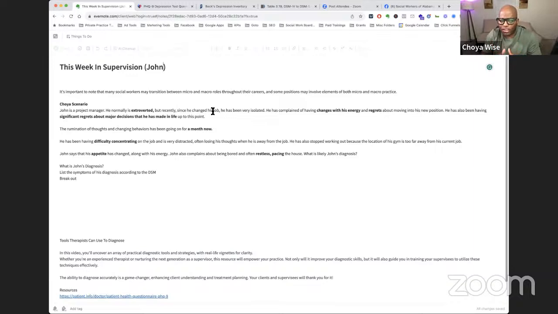He has also been having significant regrets about major decisions that he has made in his life. Now, that's significant too, up to this point. The rumination of thoughts and changing behaviors has been going on for a month now. He has been having difficulty concentrating on the job and is very distracted, often losing his thoughts when he's away